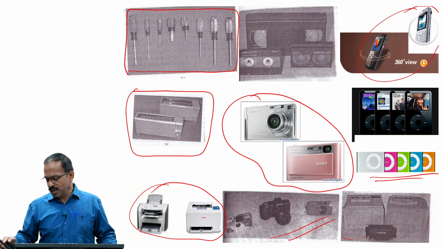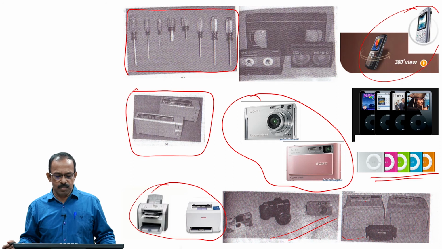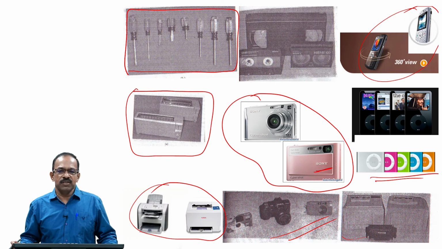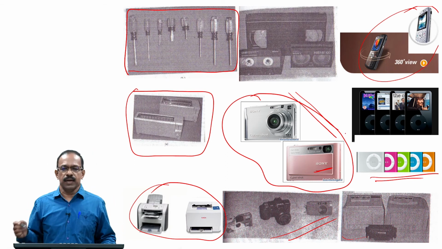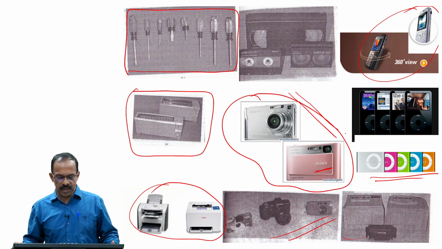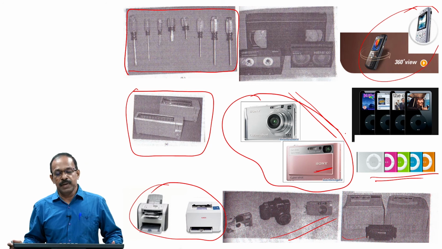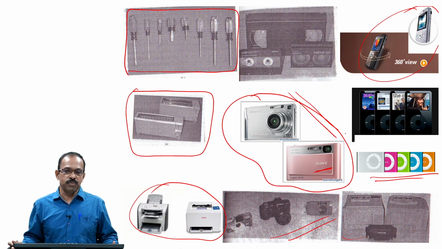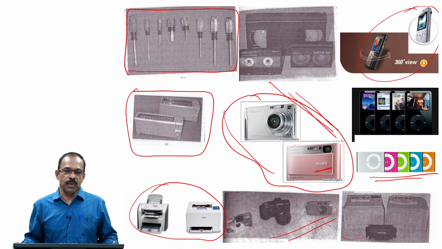Every manufacturer or company brings multiple products into the market. For example, if you take Sony, when they want to bring cameras into the market, they do not bring only one model. They will have multiple models in their product portfolio and product list. They will be different in multiple aspects. Either the price may be different, the features may be different, or the color may be different, and some will have very attractive features, some will have very basic functionalities. That is the way almost all product manufacturers bring products into the market.